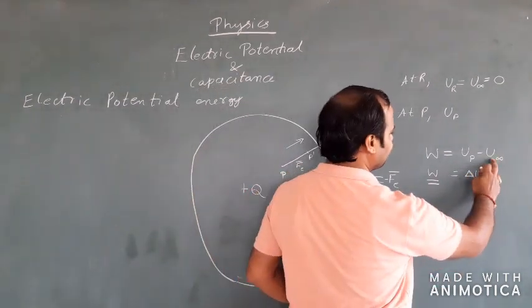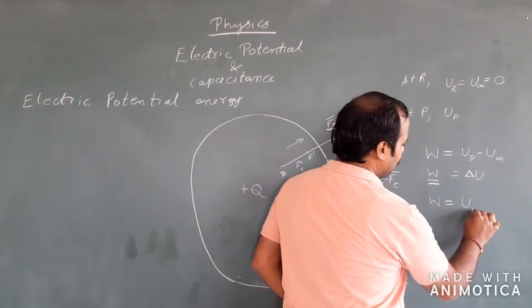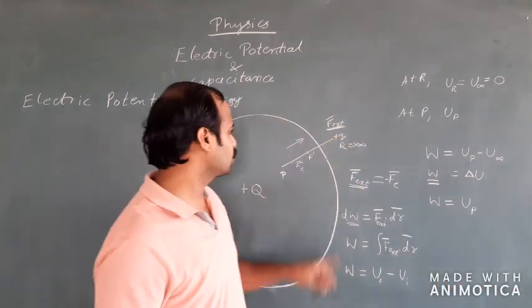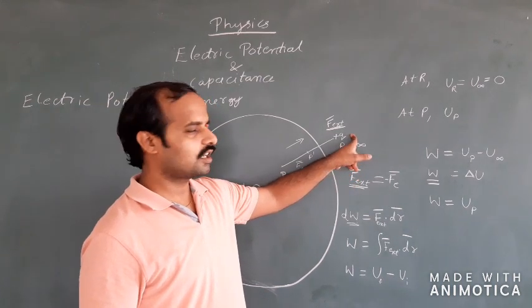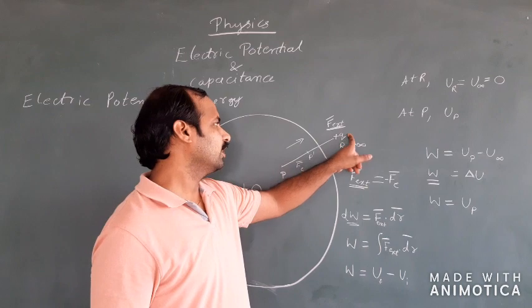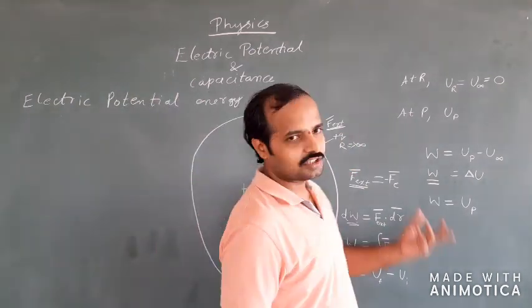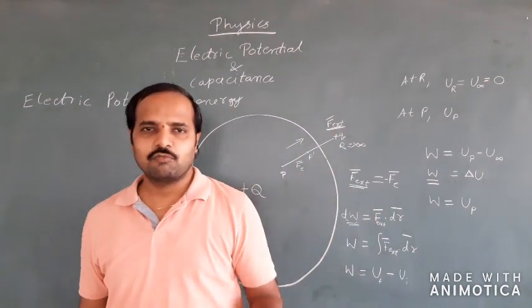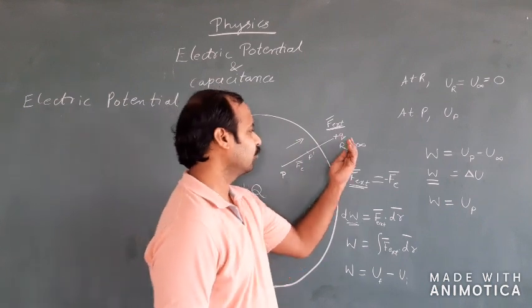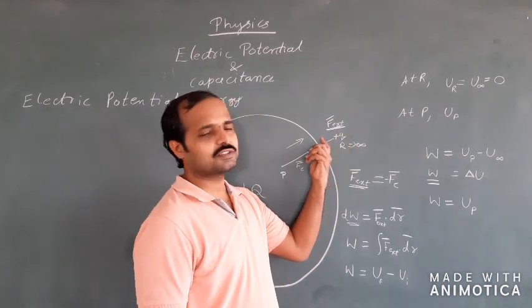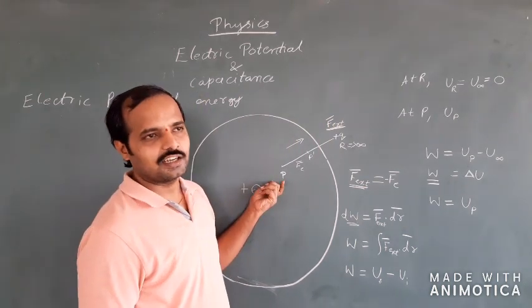Since in this case U infinity is equal to 0, I can as well say that the work is done in storing the potential energy in this test charge while we move it from infinity to a point P. That is, the electric potential energy can be defined as the work done in storing the potential energy, that is, the work done in moving this test charge from outside the electric field to a point inside the electric field.